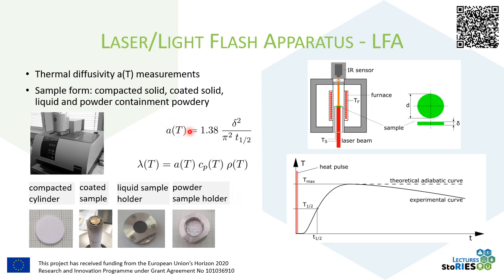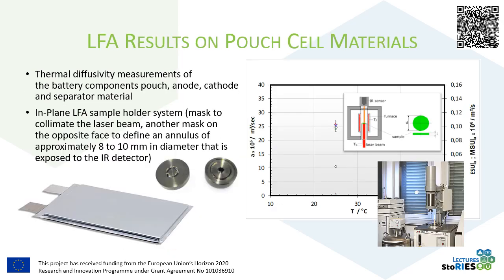Once this value is known, we can put this value, the thermal diffusivity, into this thermal conductivity equation, because when we then build the product from the thermal diffusivity, specific heat capacity, and the density, we get the thermal conductivity. This measurement can be applied on different materials, so we can measure on solids or compacted cylinder samples, on coated samples, but there are also special sample holders available, like liquid sample holders or powder sample holders. So let's have a look